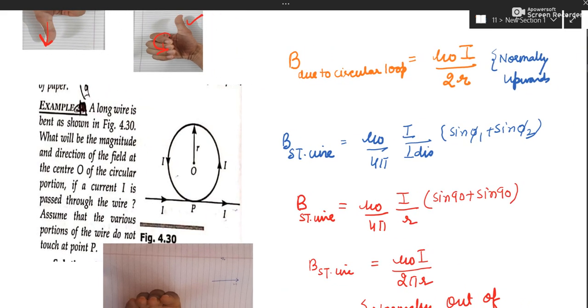So coming to the next question, this is an important question. In this question we have to find out magnetic field at point O. Now who will exert magnetic field at point O? The circular wire, the loop. So it's simple, it is complete loop. So formula is mu naught I by 2 radius. Now what about the direction? So you can keep your curls of right hand along this. Keep on the mobile or on the laptop, you will see your thumb will point outwards. So it is normally upwards or outwards.